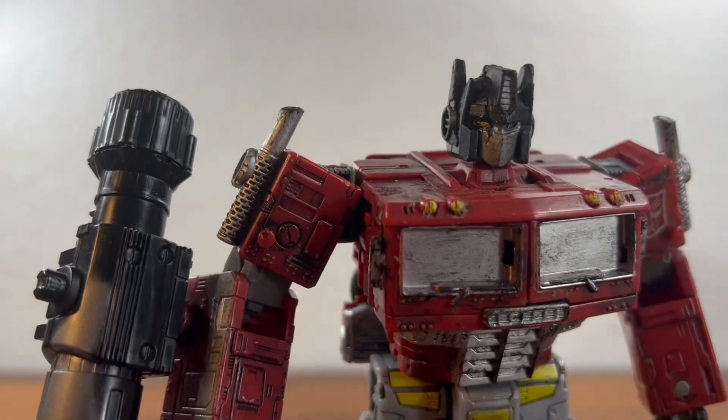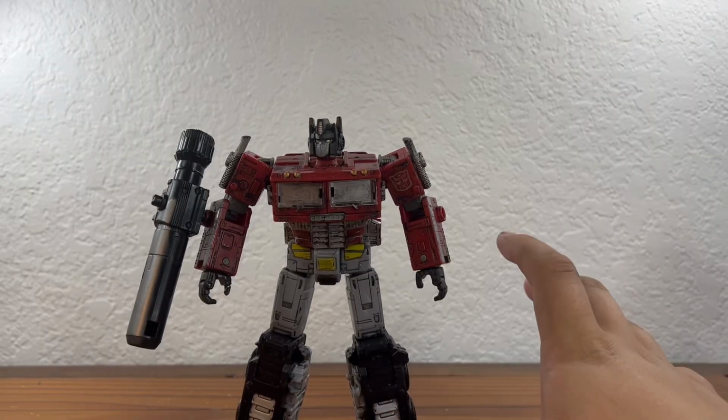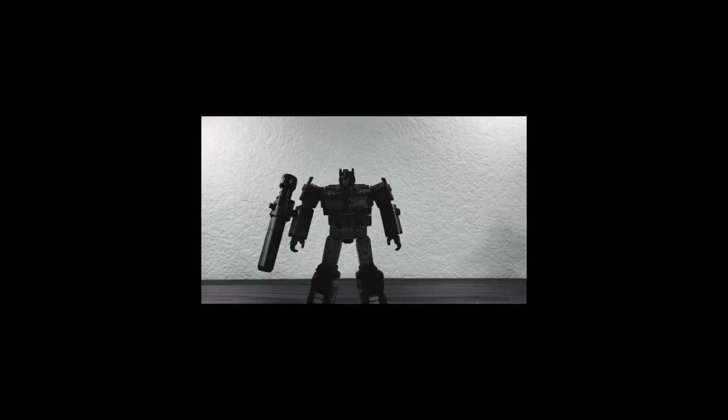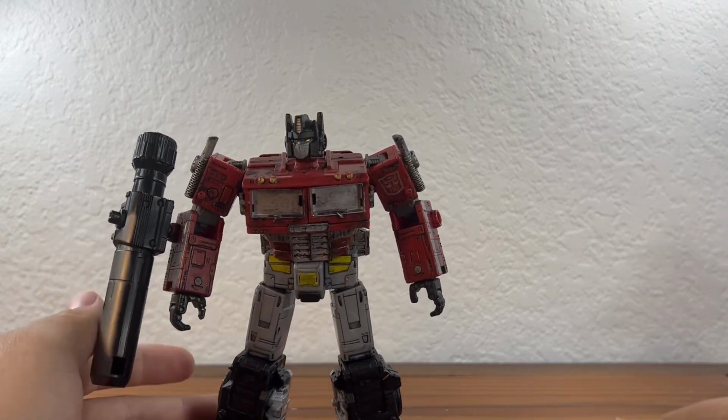I also used some gold foil for his eyes, so you get that shiny yellow look. I really like how that turned out. I'm really afraid to transform them, though, because same thing with all these customs. The paint chips so much when you transform them, because I don't have a clear coat that I've put on the paint of these figures. I just raw dog it. Just to be safe for the transformation, I'm just gonna...